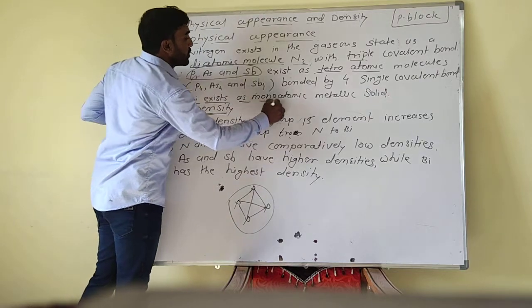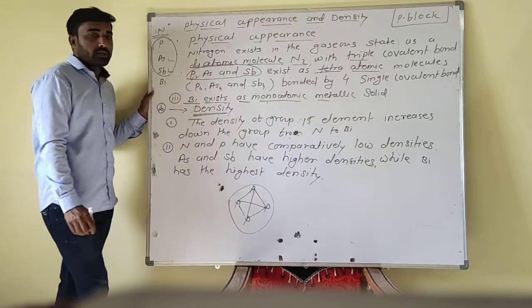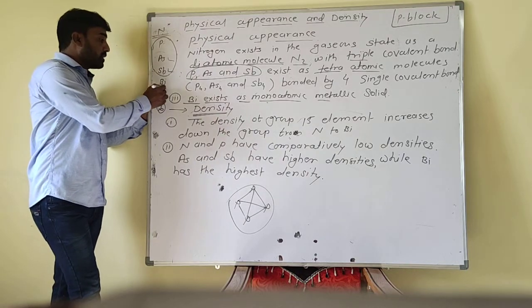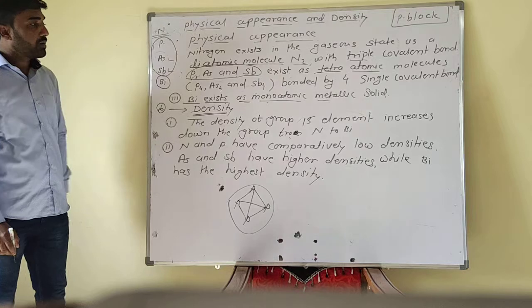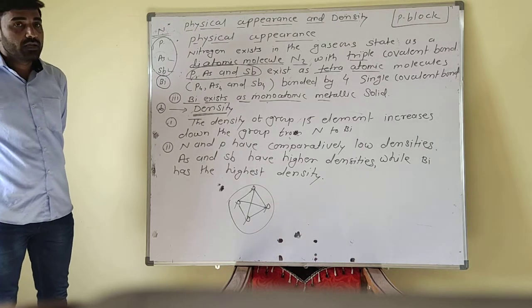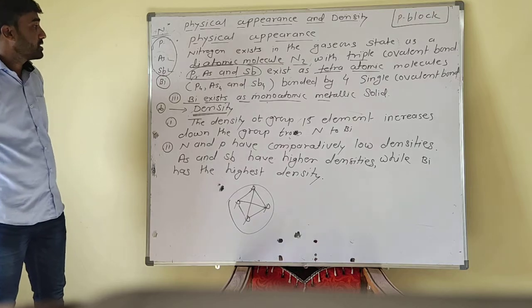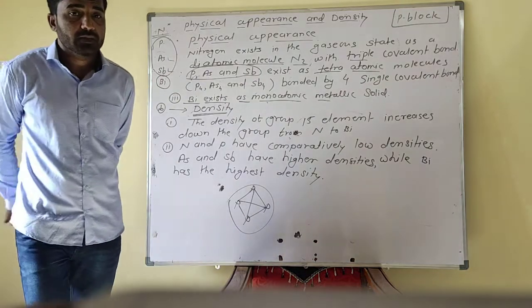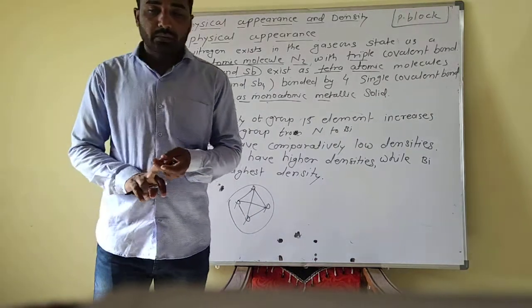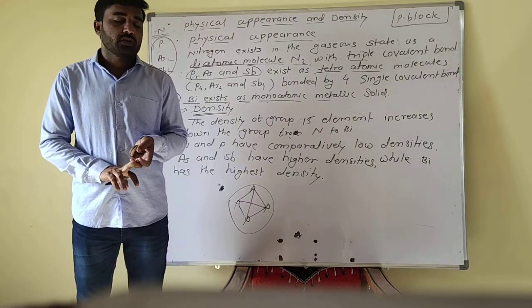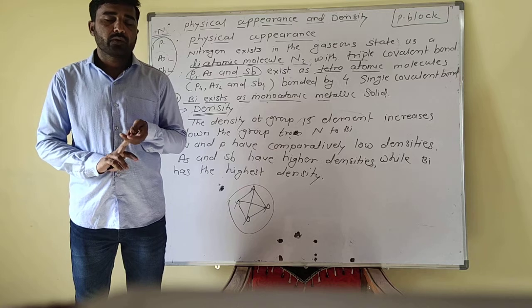Bismuth exists as a monoatomic metallic solid. So these are the physical appearances of the five elements, that is nitrogen, phosphorus, arsenic, antimony, and bismuth. Nitrogen, depending upon its size, electronic configuration, and absence of d orbital, exists as a diatomic molecule like